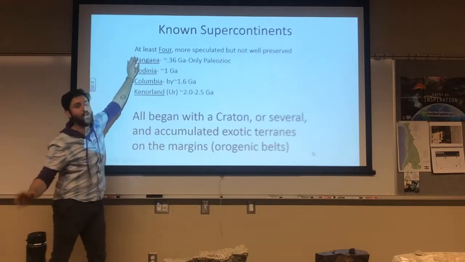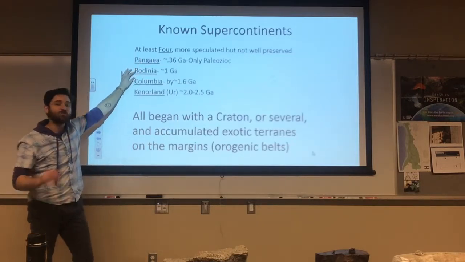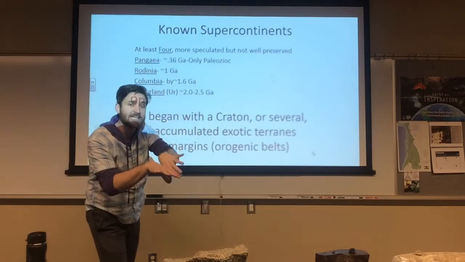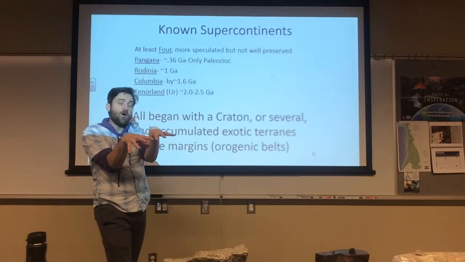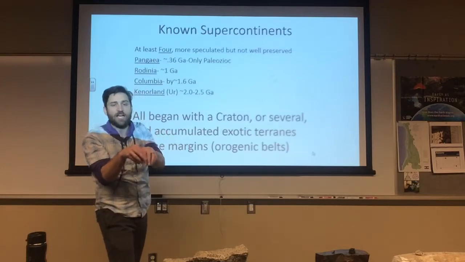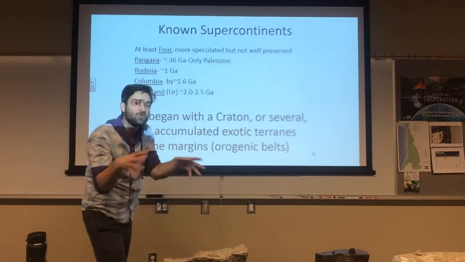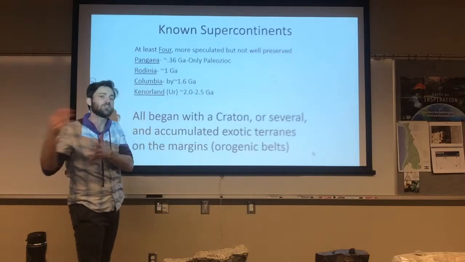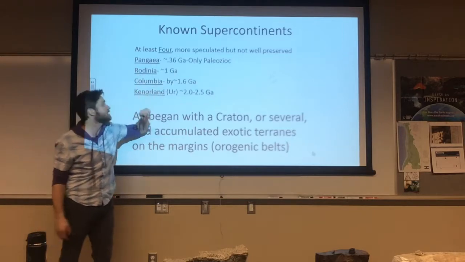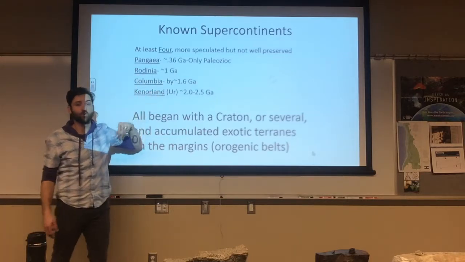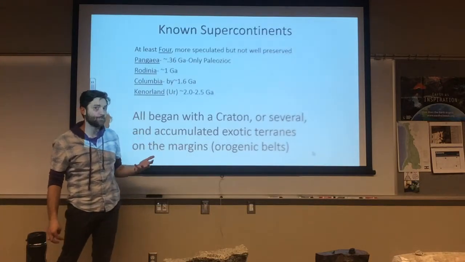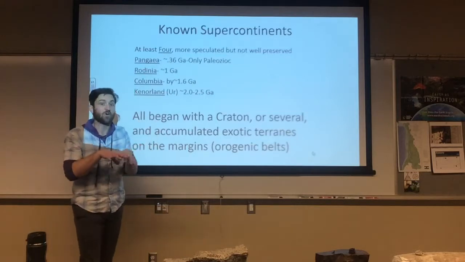Pangaea, you all know this one. Rodinia, before, which we had barely touched on when we were looking at Snowball Earth. Remember, the supercontinent Rodinia was spreading apart, allowing these basins to form where some of these glacial diamictites were deposited. So Rodinia is actually key to understanding the Snowball Earth hypothesis. Before that, Columbia, about 1.6 billion years ago, and Kenorland, older than that, an Archean age supercontinent.